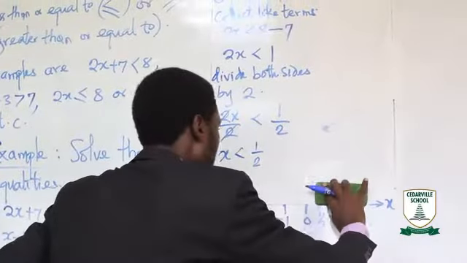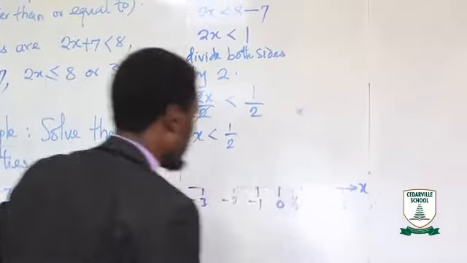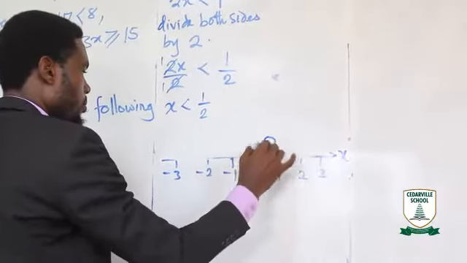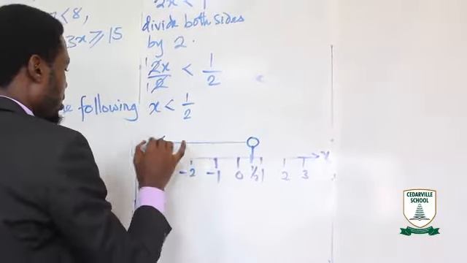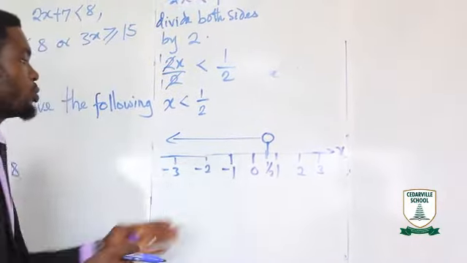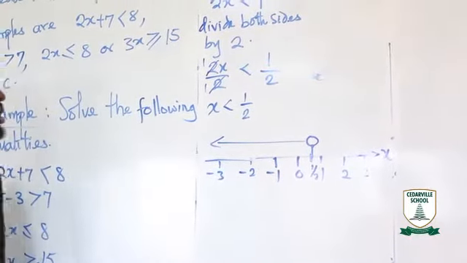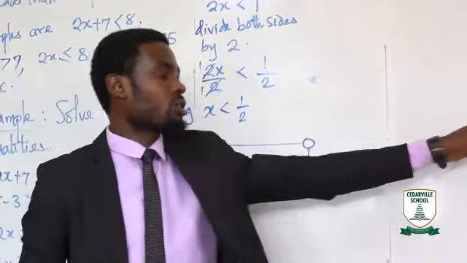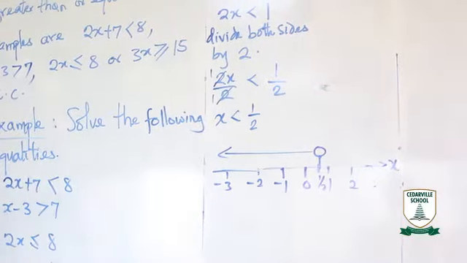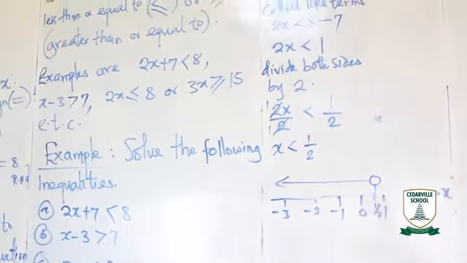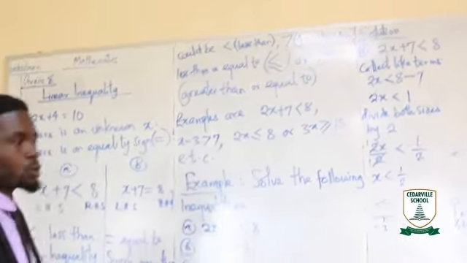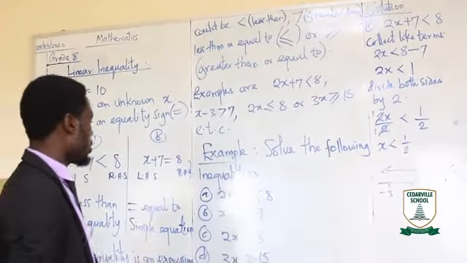So that you can see very well, that's why I'm rubbing it off. This is it. It doesn't have an end. You just produce it backward because it is less than. Assuming it is greater than, that means it is going to this side. But in subsequent examples, we are going to be seeing that of greater than, less than or equal to, then greater than or equal to.